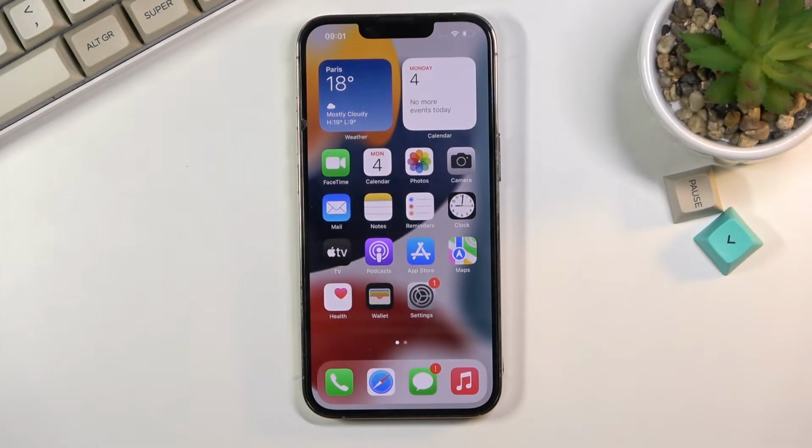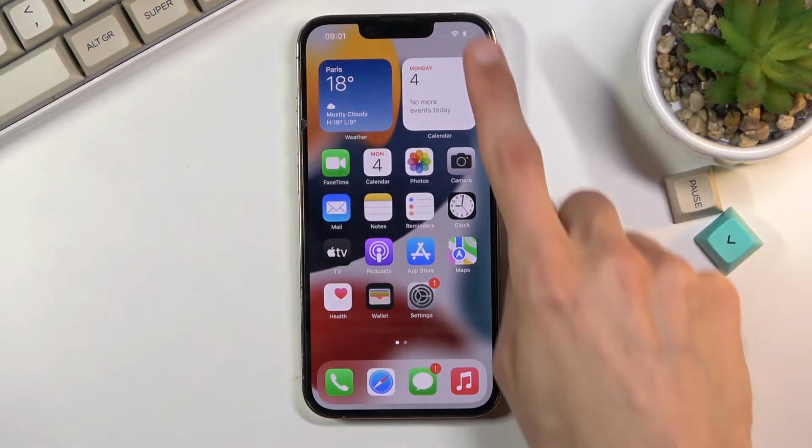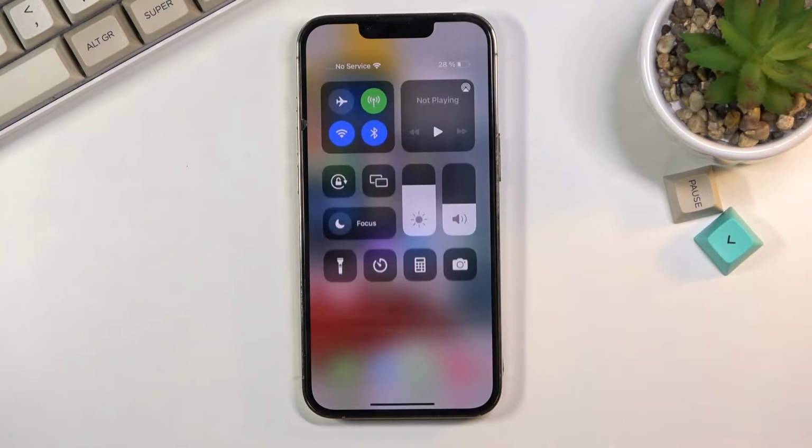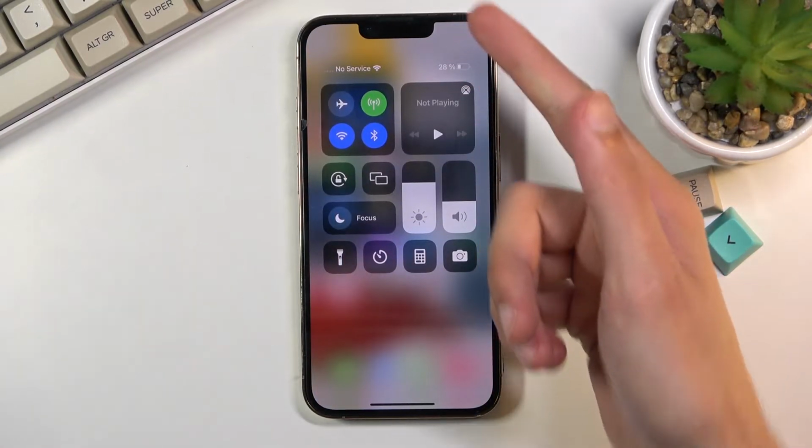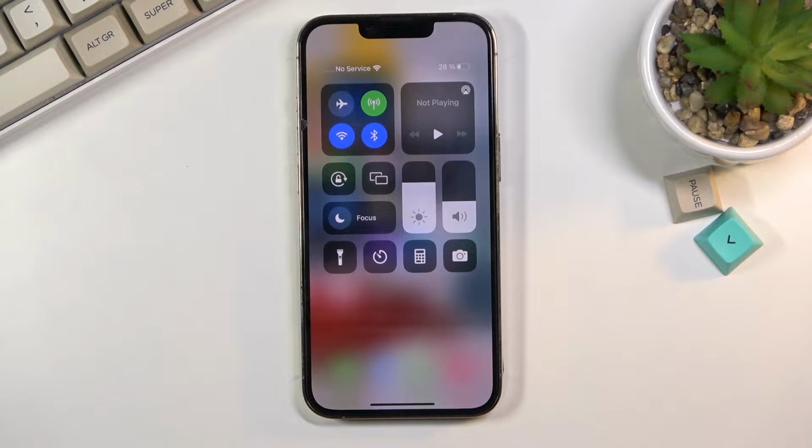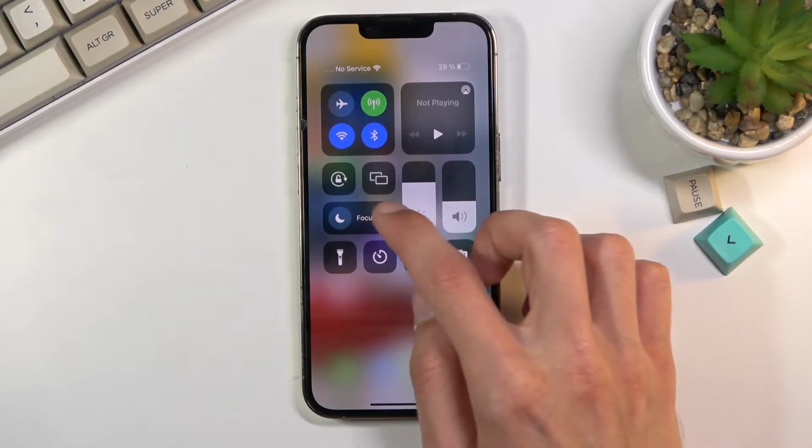Welcome. In front of me is an iPhone 13 Pro, and today I'll show you how to enable the Do Not Disturb mode. So to get started, all you need to do is pull down the control center from the right side, or upper right side, and for me it says Focus right here, but this I believe changes when